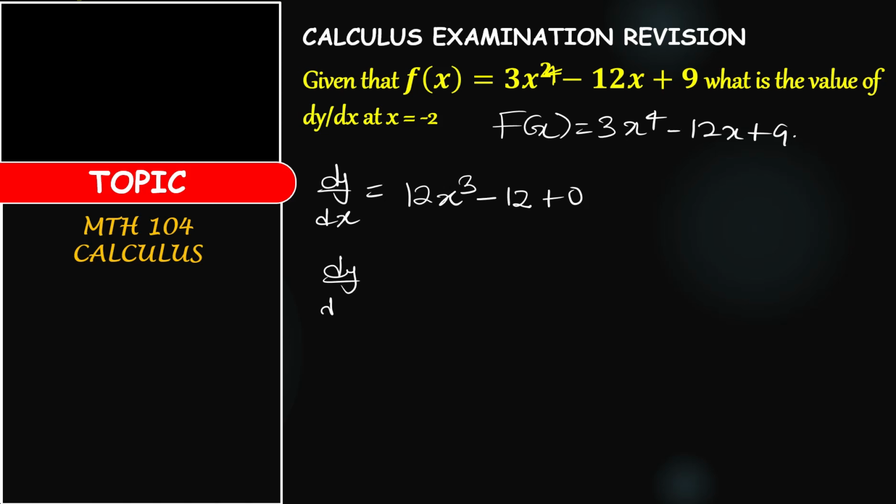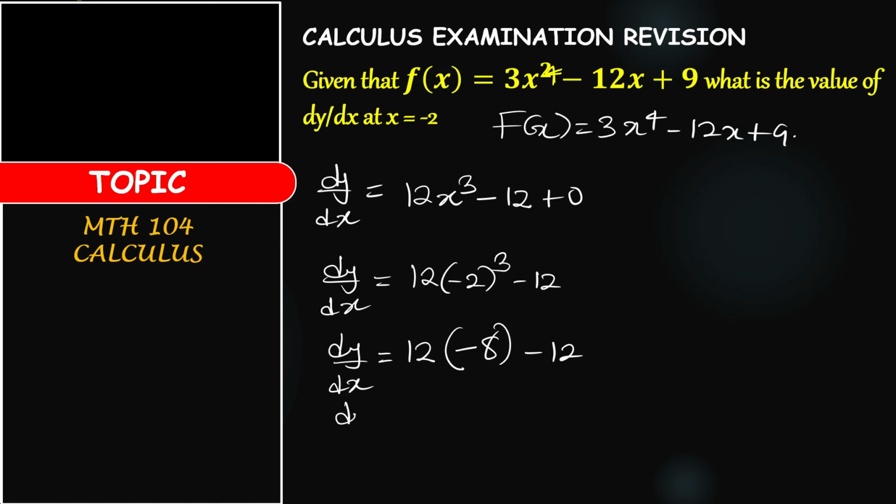So dy/dx will be 12 times x cubed minus 12. Wherever you see x, put minus 2 there. So this one will be 12 bracket minus 2 to the power of 3 minus 12. And minus 2 to the power of 3 is what? Minus 8. So this multiplied by this is going to give us minus 96. Minus 96 minus 12, and then your dy/dx will be minus 96 minus 12, which will give us minus 1